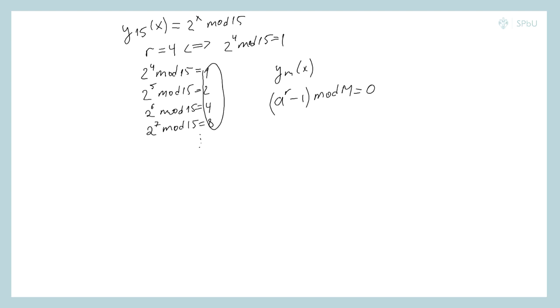Then we can write the following expression. The remainder of dividing the product of a to the power of r/2 minus 1 and a to the power of r/2 plus 1 by m is equal to 0,